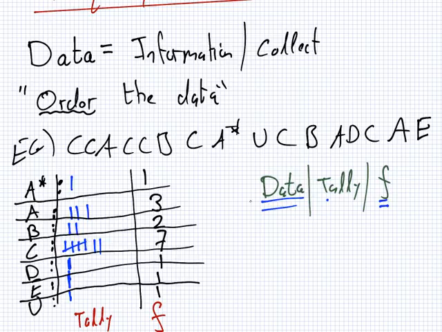But it's nice when you can have the tally as well, because it gives you a picture of your data. You can see that C is the most common, then you have a couple of A's and B's, and then kind of more even spread lower down of D, E, and U. Have you seen these before, or is this something new for you? No? You think you have, yeah?